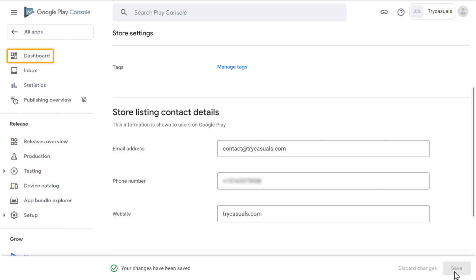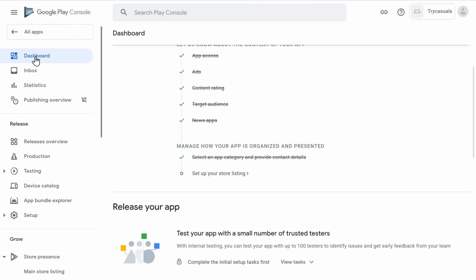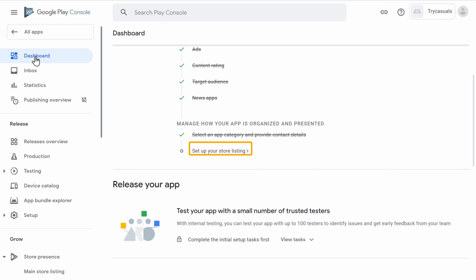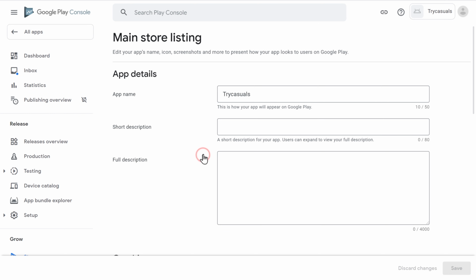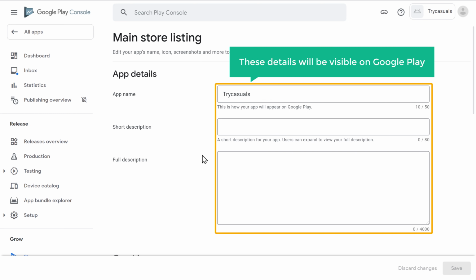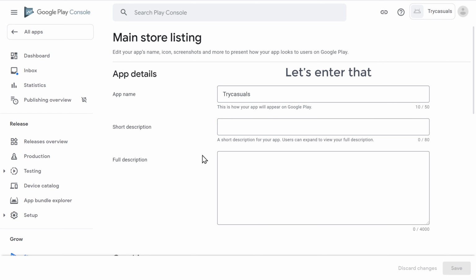Now let's go to the dashboard. Here you need to set up the look of your app on Google Play. So let's click here and then fill up these details. These details will be visible on Google Play. So let's enter that.